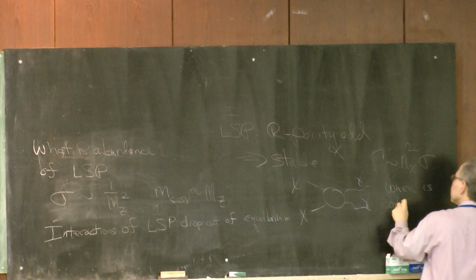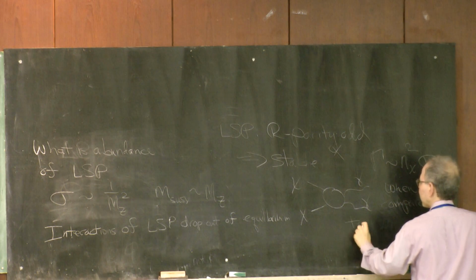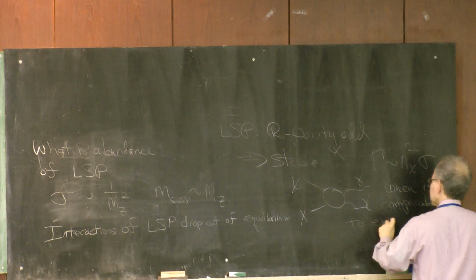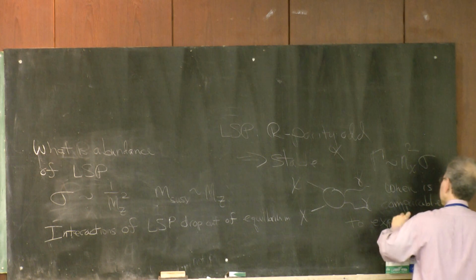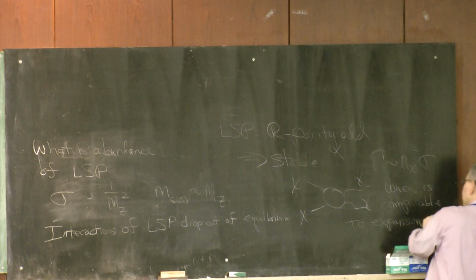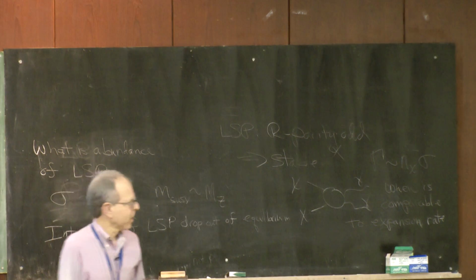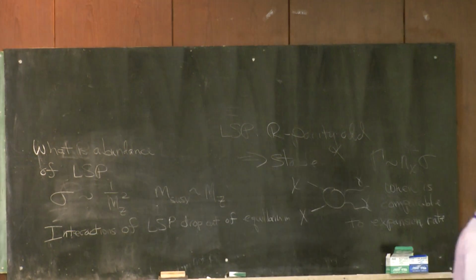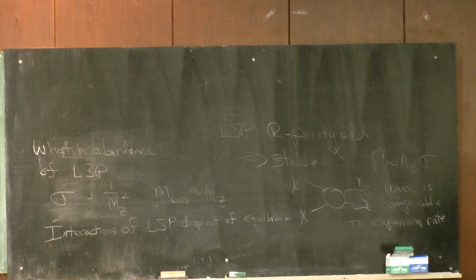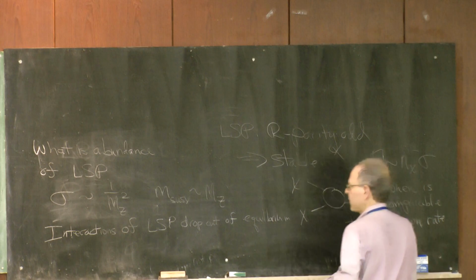Okay, and we want to ask, when is this comparable to the expansion rate? Actually, I'm sorry, I want n chi. So if I imagine this chi rattling around in the universe, and scattering off, finding its friend, I can ask how quickly does it decay? This is the right dimensions. And so I want to ask, when is this comparable to the expansion rate? The expansion rate